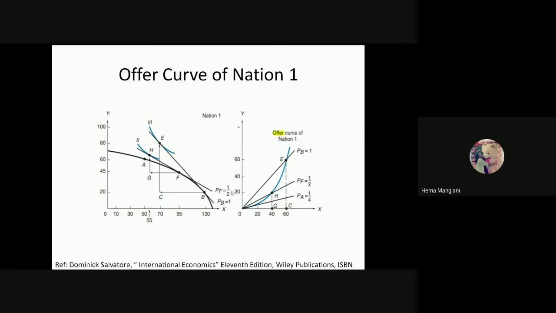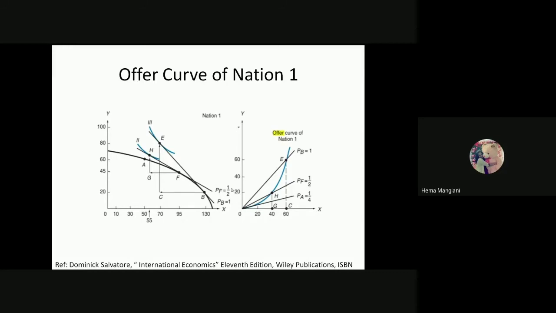But what is happening here? Your terms of trade gain is just equivalent to this half. So whatever you are exchanging, this is following the assumption of a barter system. It means whatever X you are giving to the other country, in exchange you are getting some Y in amount itself. So we are not assessing the goods in monetary terms. We are just looking at the volume: for the X commodity you are giving, you are receiving just half of that in Y. That is shown by this terms of trade, which is just a half.